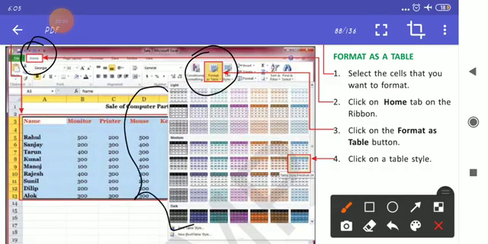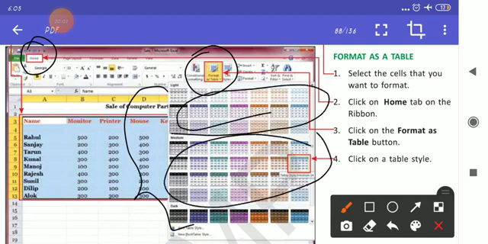There are different table styles given, and whatever table style you want, you can choose it from here.